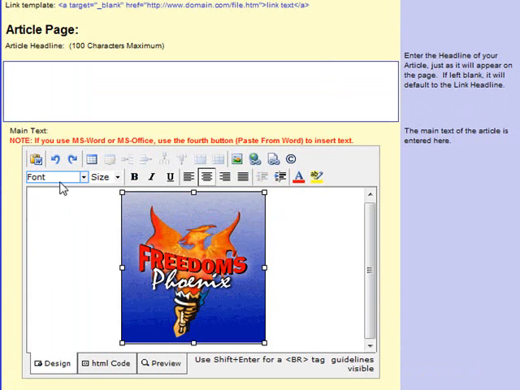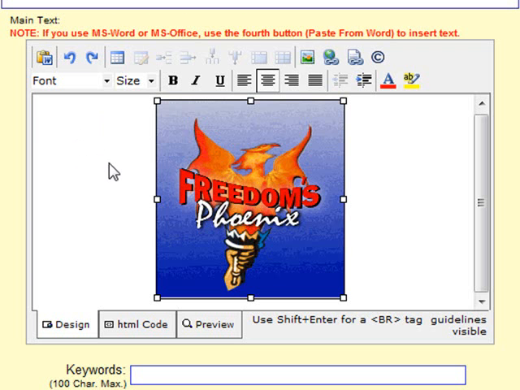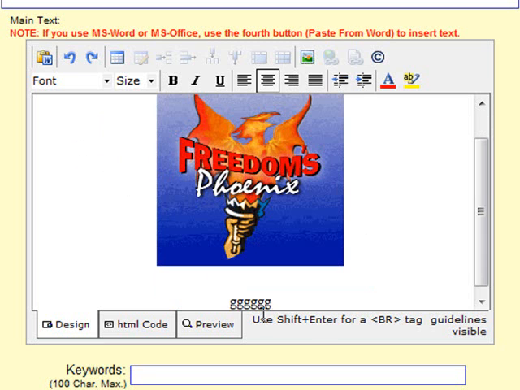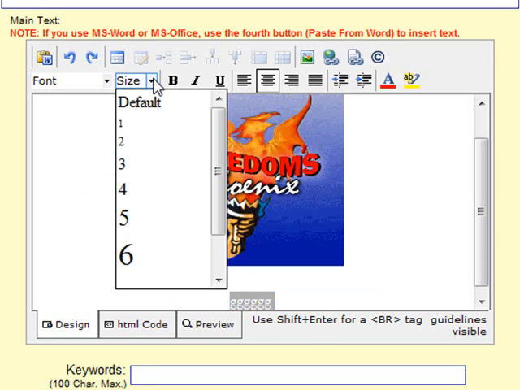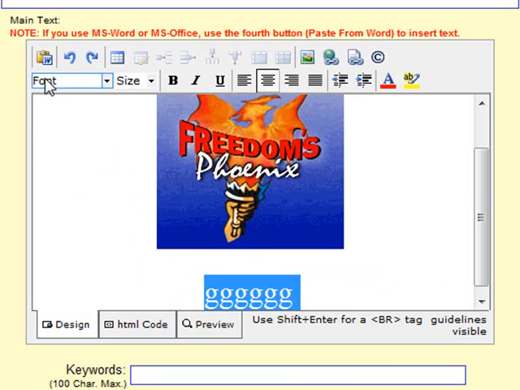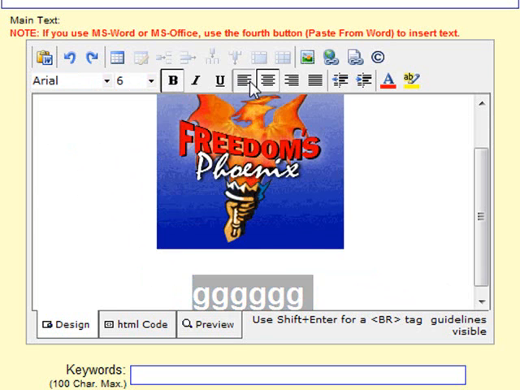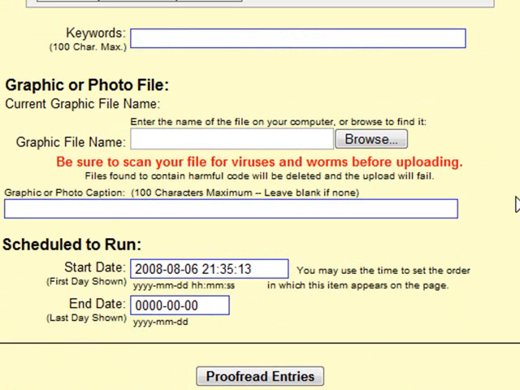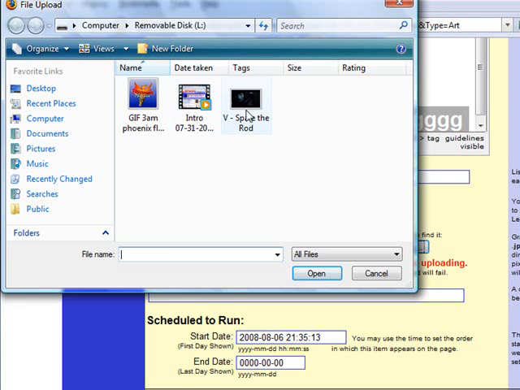Now, if you make a mistake, you just go back. Now, you can change any of the text that you have in here. It works just like a word processor. You can change the size, font, bold it, italicize, align to the left, to the right. This gives you a lot of power to be able to have a very creative article that tells the story you want to. Now this is where you would put